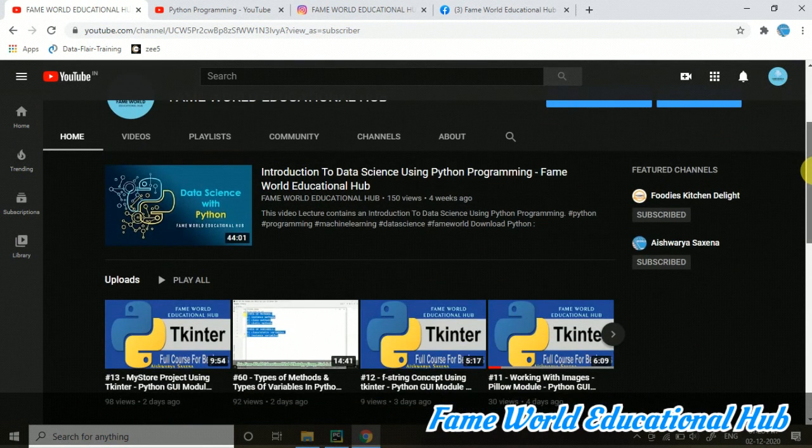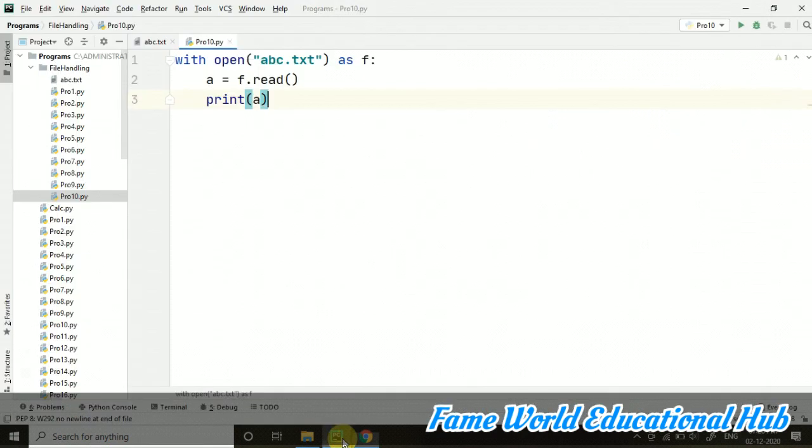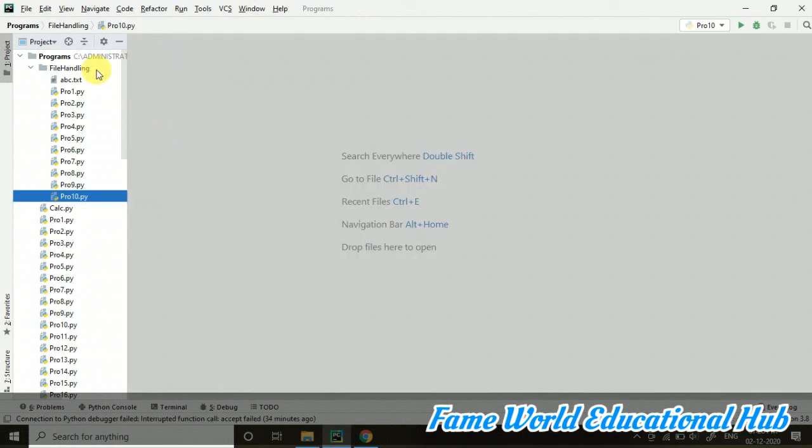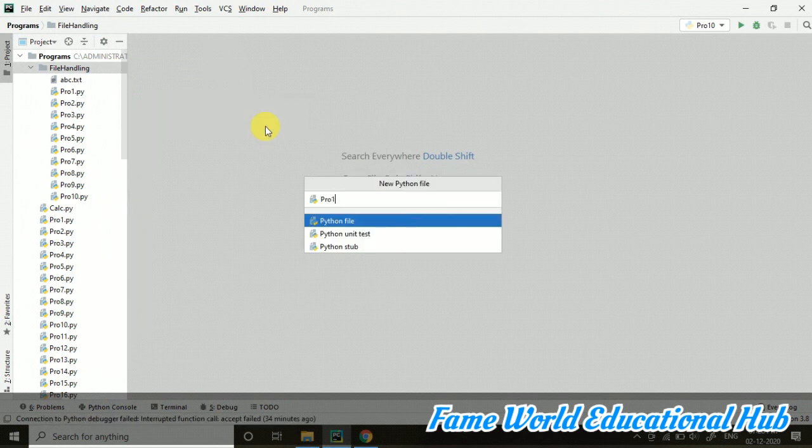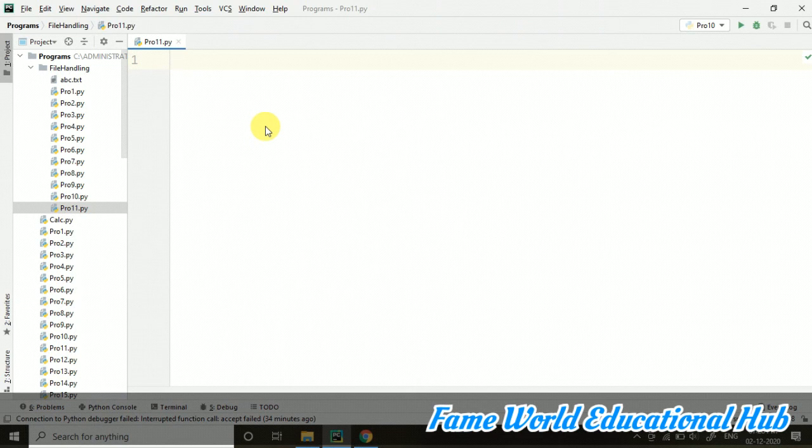I am Aishwarya Saxena, and today in the file handling series I am going to start with binary files. When we are talking about binary files, you know what binary is. Binary is 0 and 1. Bi means 2. Binary numbers are 0 and 1. Whenever we are talking about binary files, we are talking about machine level code, machine language code. So how do we handle those kinds of files in our programming by using Python code?